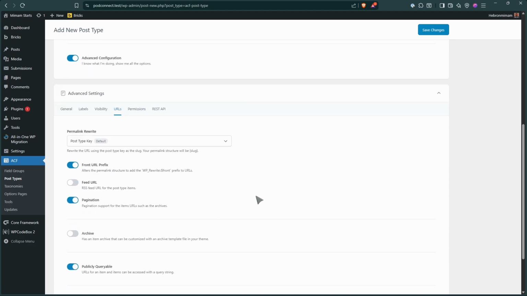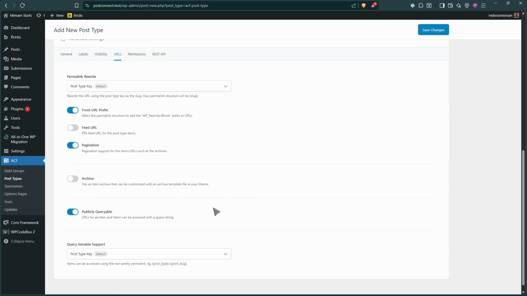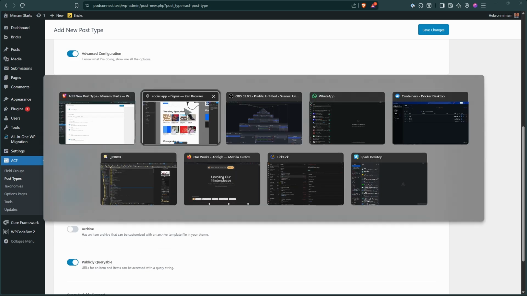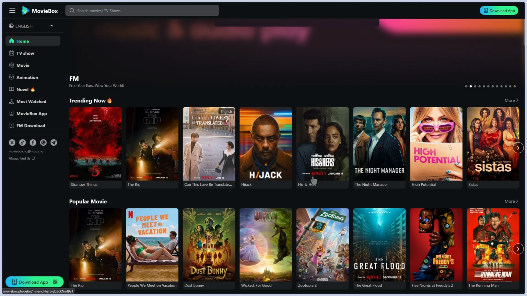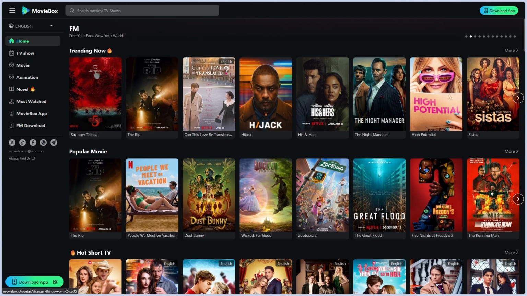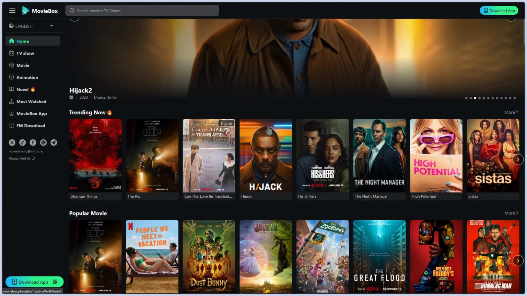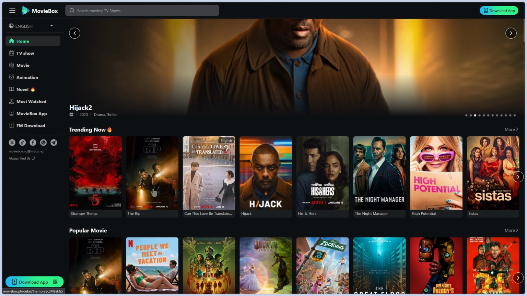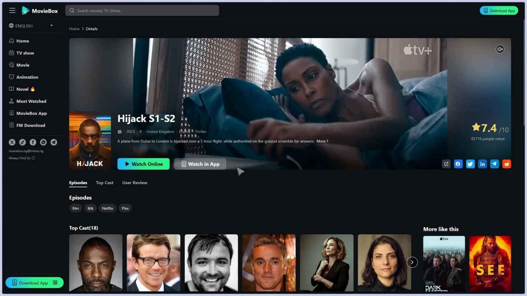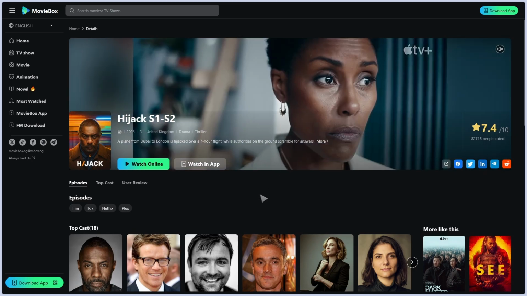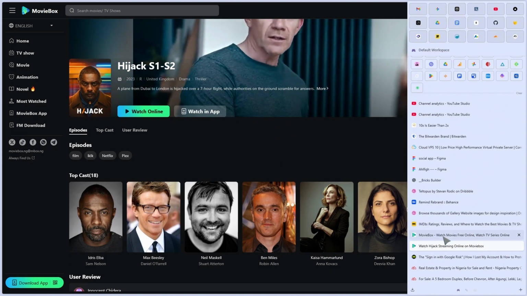Then URLs. This part is, let me explain. Everything here just stays the same. What I want to show you is publicly queryable. What that does is this. If you go on here, there are sometimes you might want to have something like this, but you don't want them to have a template like this, or a page of your own. Let me call it page, but basically a template. You don't have a template of their own. So you don't want